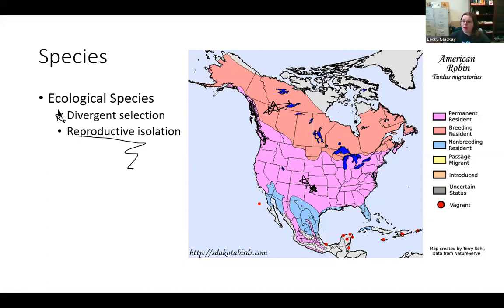It gets cold some, but also it gets freaking hot. Like a bazillion and 8 degrees. I'm pretty sure that's what the thermometer said last summer. So they have to survive very, very different environments. So robins that can survive in warmer environments are just going to do better in Alva than they will in Alaska. And that doesn't mean that they're different species necessarily, but it means that they have different selective pressures. So what allows them to survive better is different because their range is so big.